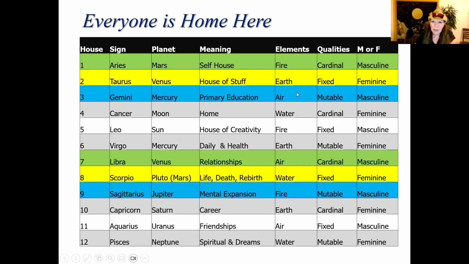We've got the Gemini in the air and the fire once again. They are both mutable, both those expansive things. So the qualities of the oppositions always have the same qualities. They both are cardinal or fixed or mutable. And they're both in the same either masculine or feminine energy. See, masculine, feminine, masculine, feminine.